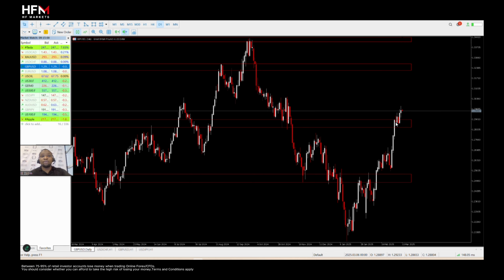We see it already broke the area of interest at 1.29010, and price is attempting to continue to create higher highs and higher lows, supporting the narrative that if you're in for a long position for these particular pairs that I've just mentioned, and of course gold, it would be considered a risk-off approach or less risky.